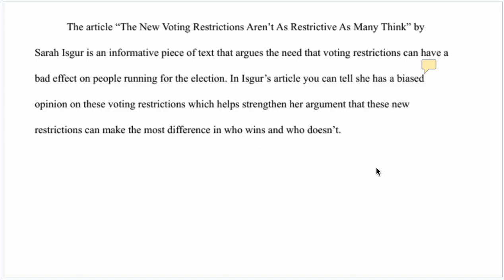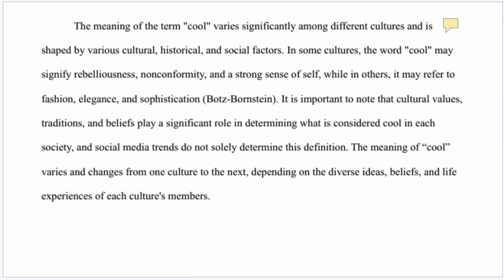So, how many specific examples do I have in this article, in this paragraph? I hope you recognize that I have none. If you're going to make the argument that her article is biased, guess what you need to show me? Specific examples that the argument is biased. Otherwise, I have nothing to do but take you at your word or dismiss you because you haven't shown me what I need to know. So you can't make a claim without backing it up. Let's look at another one.